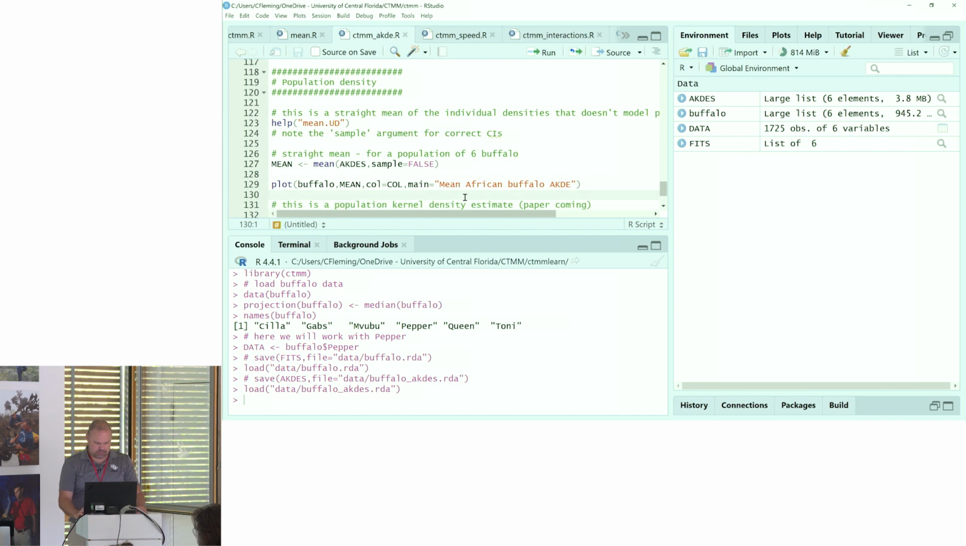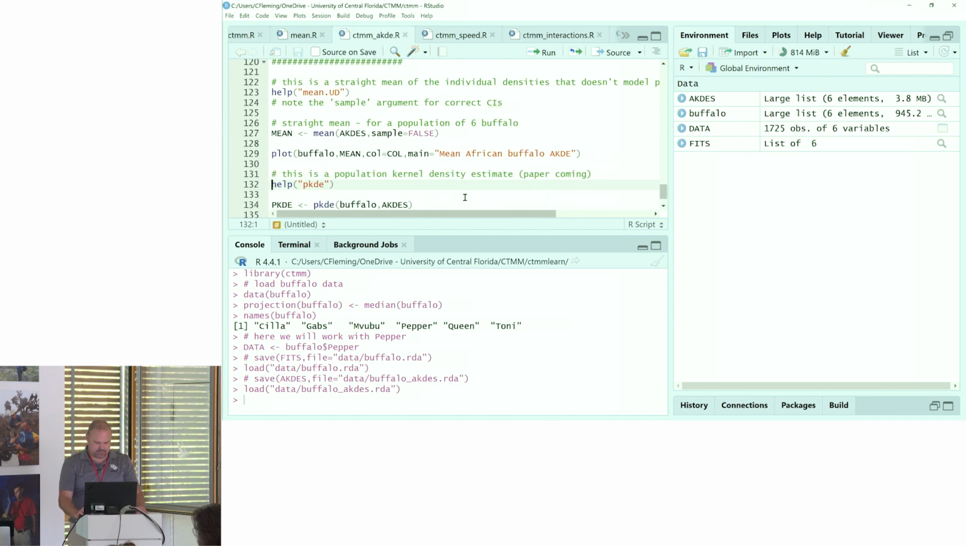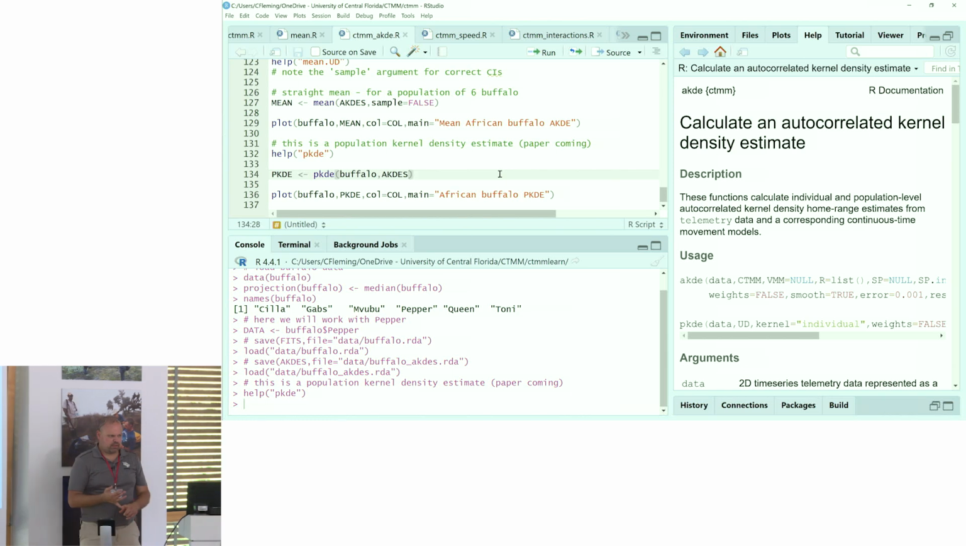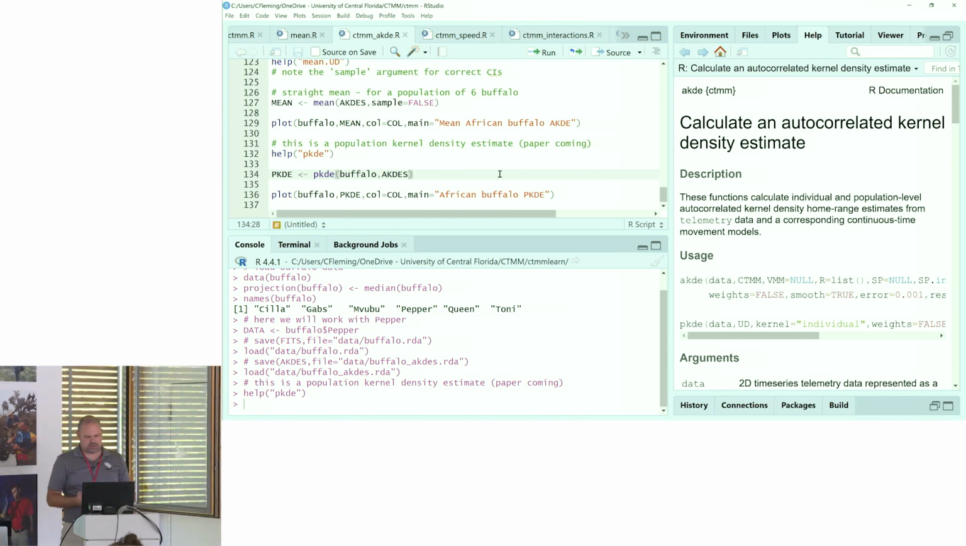And back to the script. So there's its own function. There are a few options, nothing really to play with yet that you need to. You go through the same process. You get your models, your autocorrelation models. You have to get your individual AKDEs. And then once you have those two lists,